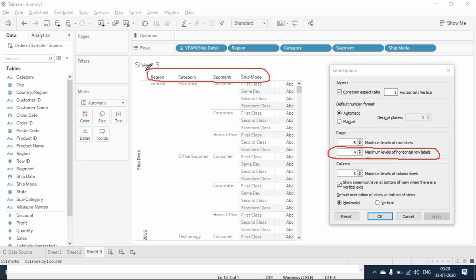How many can you show maximum? We set 4. Okay, now what are the 4 things it shows? 1, 2, 3, 4. Okay, but where is the fifth one? The fifth one shows in the vertical direction. All right, but is it allowing 5 here? Yes, it is allowing 5. And if I am changing this number to 4,